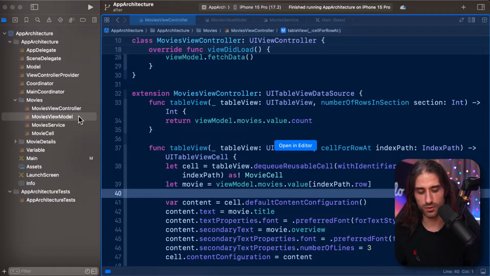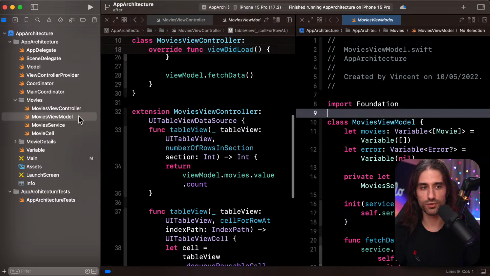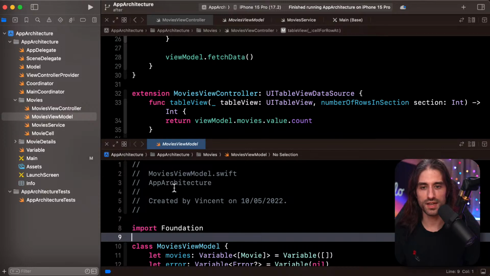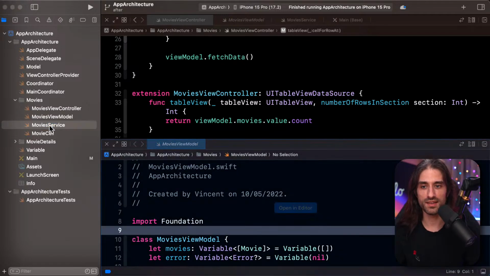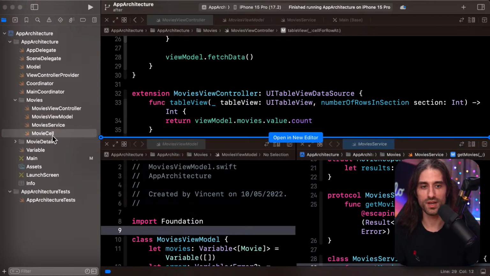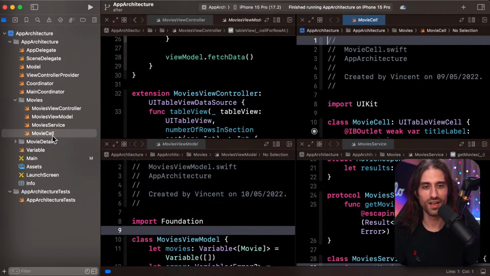Okay, so if I hit the right key, it's going to put it on the right. But if I close it, and I do it again, and then I choose bottom, so the down key, and I hit enter again, it puts it on the bottom. And I guess I can also do it like that to put it here, for instance. You can put editors wherever you want. Okay, so that's a good one.